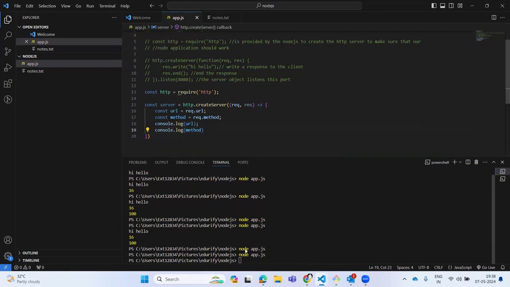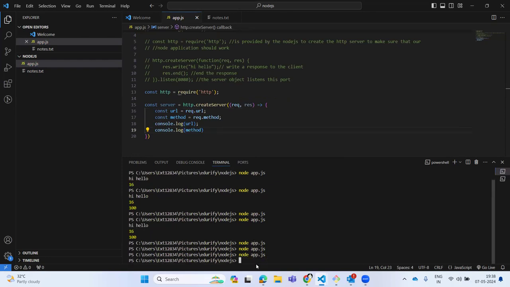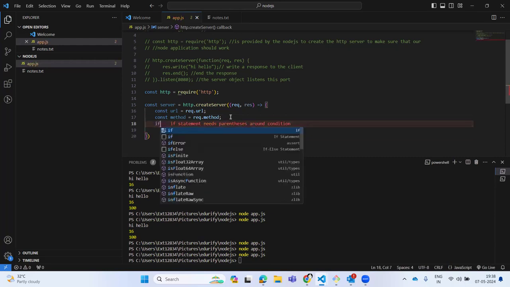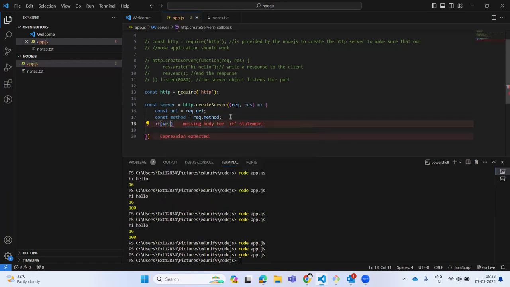If I cancel this one and run node app.js file, okay, anyways, it is not printing the console somehow. Okay, now what I will do here is, so basically in this url we'll get the URL and in this method we'll get the method. Okay, now I'll check the condition. If url is equal to forward slash,